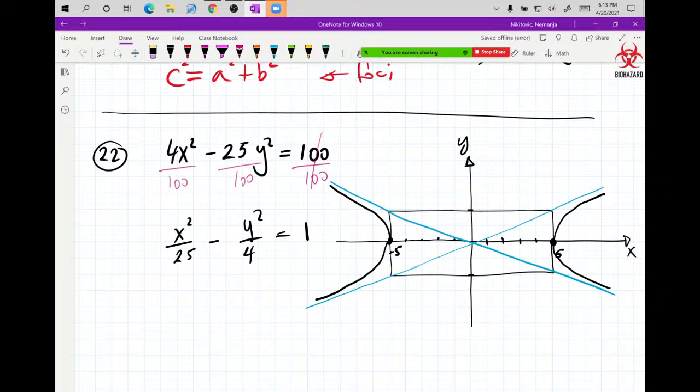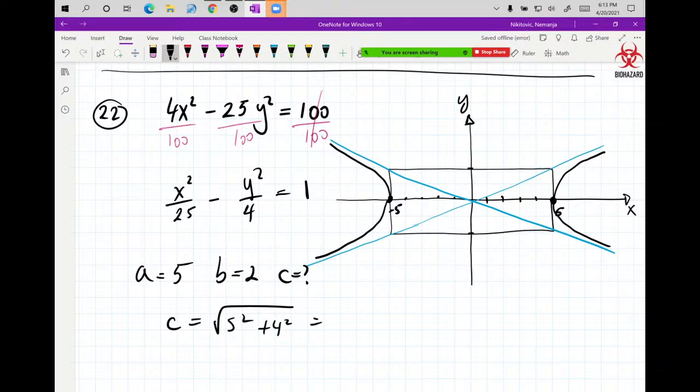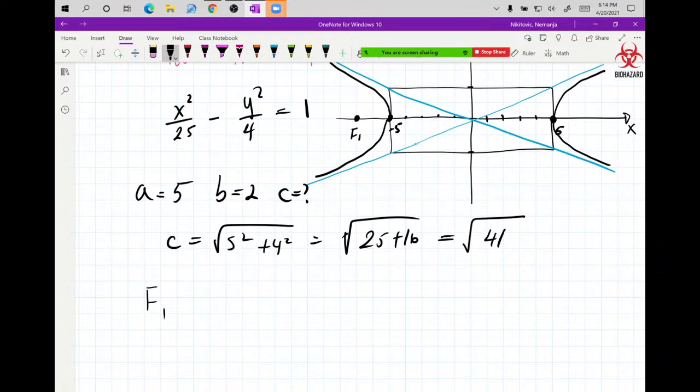we have a graph. The only thing I want to do now is figure out the focal point. So A is equal to 5, B is equal to 2, and what is C equal to? Well, C is equal to the square root of 5 squared plus 4 squared, which is the square root of 25 plus 16, which is the square root of 41. So if you paid attention earlier, you would know that your focal point 1 over here is -5 minus the square root of 41. So F1 would be